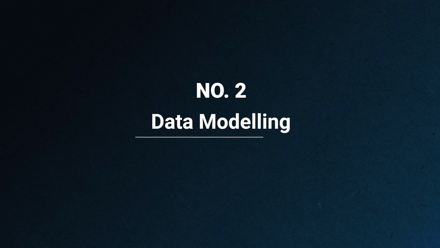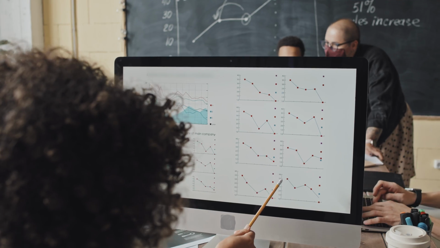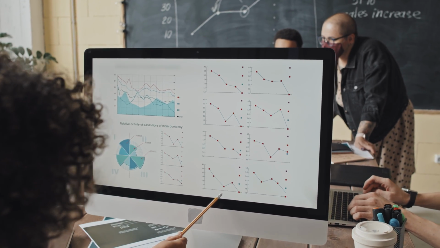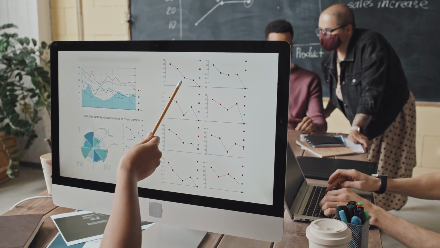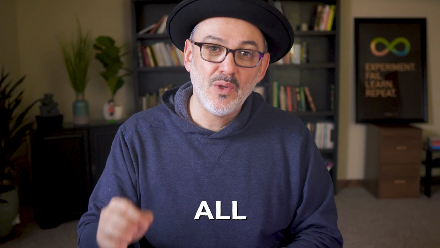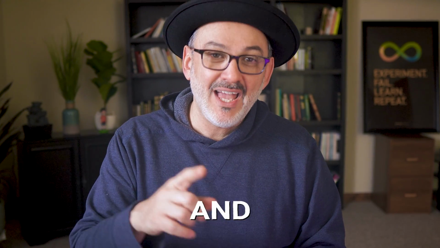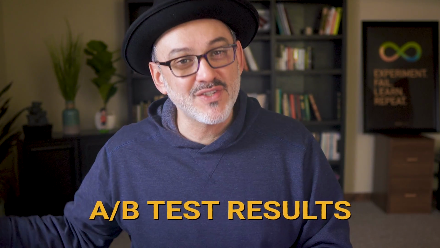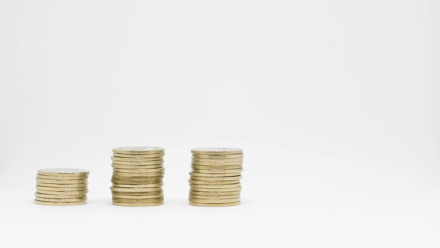And it's always fascinating. Number 2 is through data modeling. It sounds difficult. Yes, it is difficult. Remember, running an A/B test and looking at the results of an A/B test doesn't really tell you the actual revenue and conversion increase that you have, because not all A/B tests are created equal, and not all A/B test results are created equal. The fact that you ran an A/B test on a homepage and it shows you a 10% increase, so you have a new homepage with a 10% increase, that does not mean that you have a 10% increase in revenue. I would love for it to mean that, but the reality of it, it doesn't mean that.